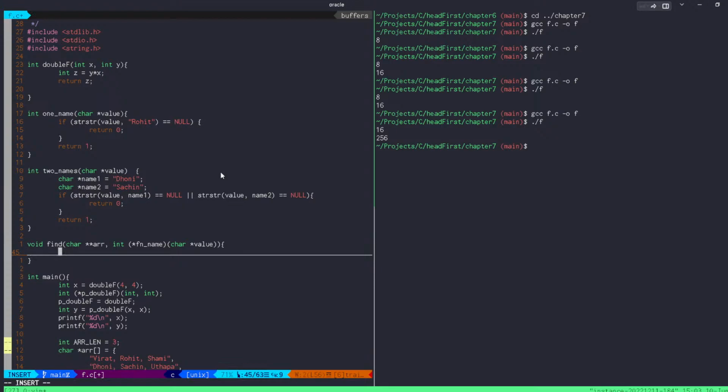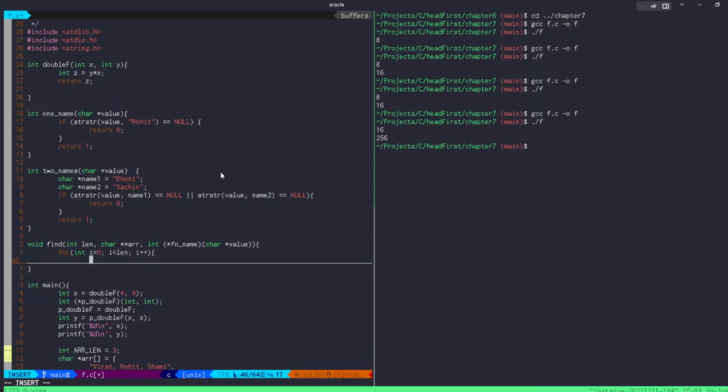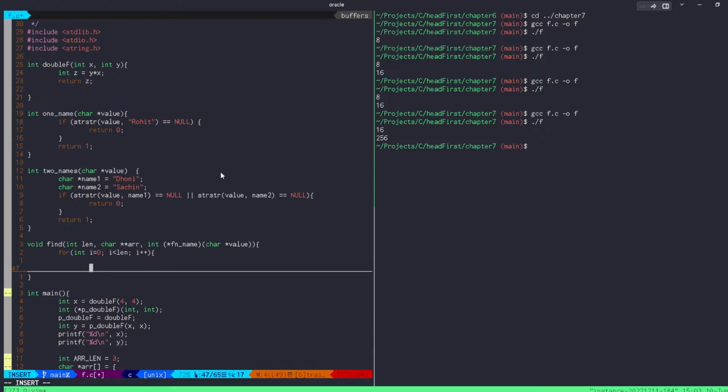And inside find, what you have to do here is array, and also, sorry, you have to pass int which is length. Okay? So you can go for int i equal to 0, semicolon, i less than length, semicolon, i plus plus. Then